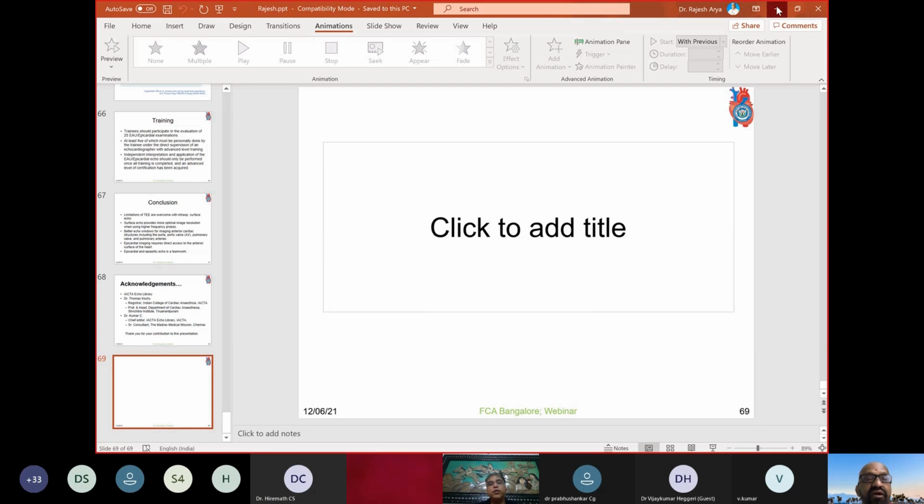No, it is quite safe, because one of the shortcomings of transesophageal echo is the apical foreshortening. We cannot see the apex because the heart is obliquely placed in the thorax. Most of the time you are able to see the apex only in the two-chamber view in the transesophageal. With the epicardial echo, it is very easily seen because you can map the entire apex.